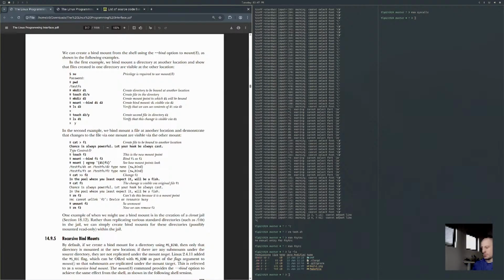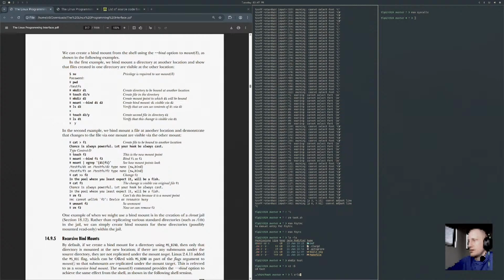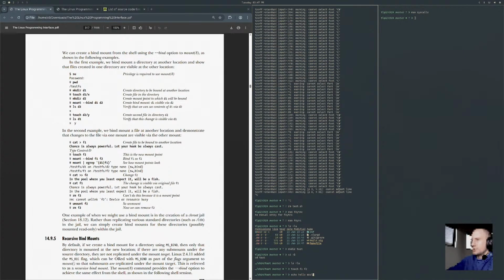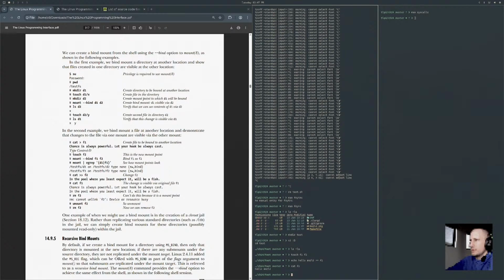I'm going to play around with that just for a second here. mkdir test, just going to go into there. We touch F1 and F2, and if I echo hello world into F1, cat out F1, it's like that. And then if I sudo mount, actually I'm going to try it without sudo. Mount --bind F1 to F2.